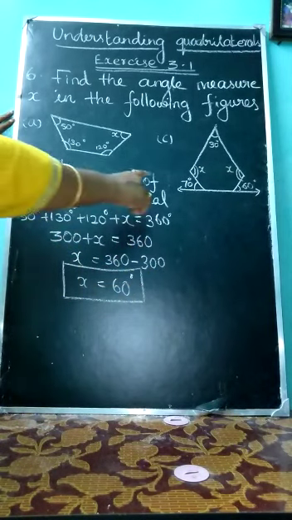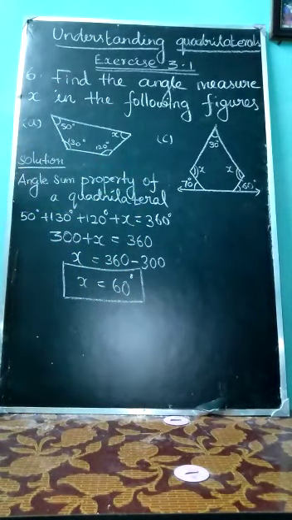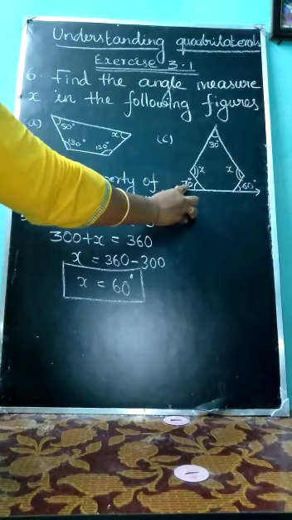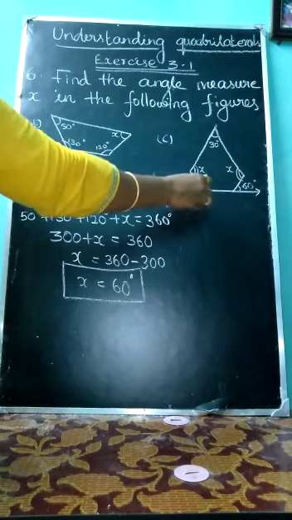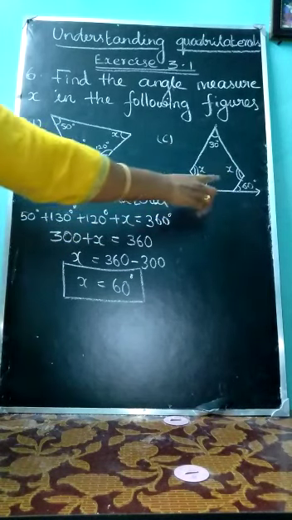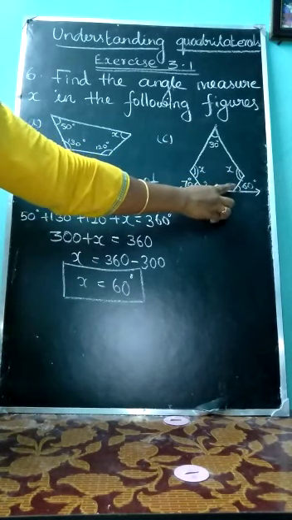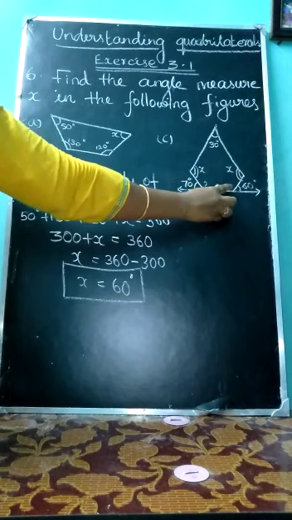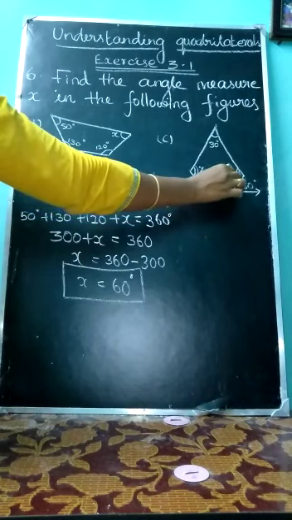The next subdivision, here also we have to use the angle sum property of a quadrilateral and angles in a straight line. What are the angles in a straight line? That is 180 degree. Now we are having the exterior angle, that is 70 degree. So what about this angle? 70 plus some value is equal to 180 degree. So this angle value is actually 110. And the next one, exterior angle equal to 60 degree. What about the angle? Because the angle in a straight line is 180 degree. This is 60 means this angle value is 120. Okay.